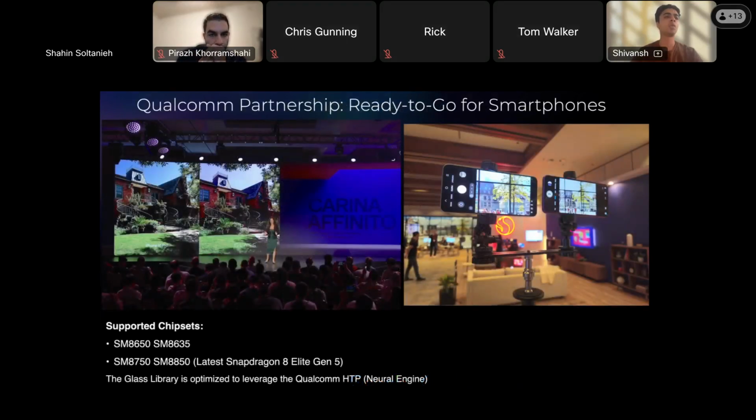In October 2024, and also in October 2025, we announced our partnership with Qualcomm, wherein we collaborated with Qualcomm's camera team to demo our application of neural ISP running real time on the Qualcomm reference device, QRD, supporting 8850 and 8750.